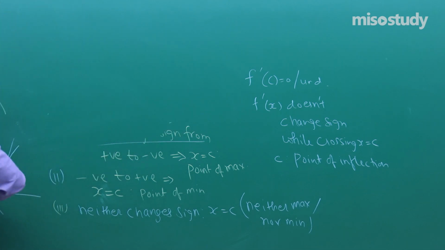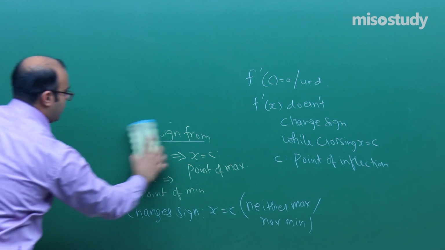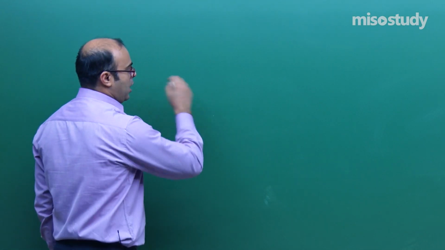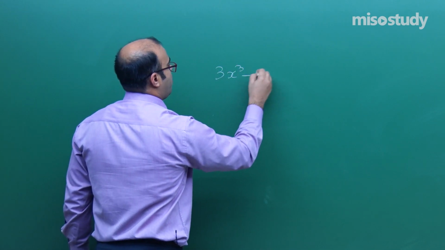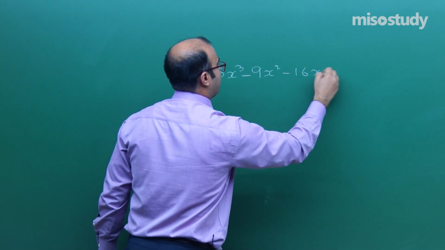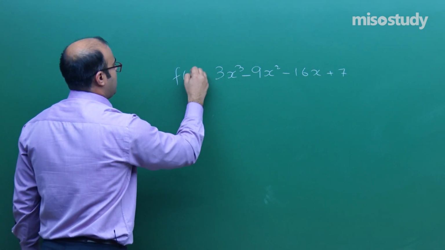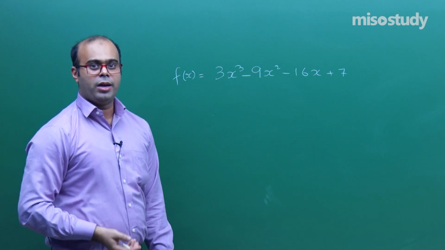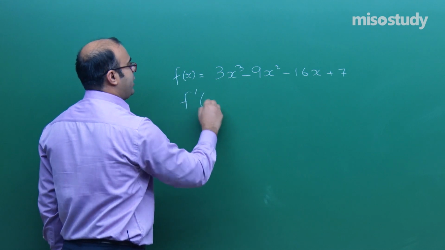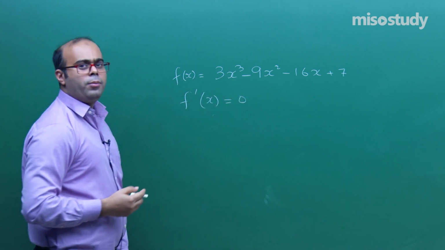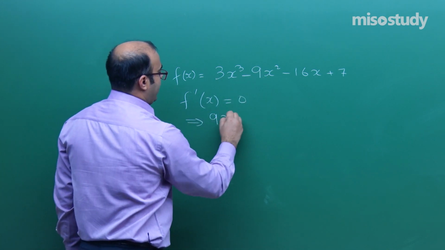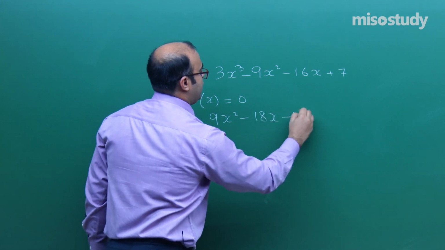So, basically these are the 3 points which is called the first derivative test. You have to remember, while doing a first derivative test, we have to see the change of sign of the first derivative while crossing x is equal to c. So, let us come to the same example which we took earlier, 3x cube minus 9x square minus 16x plus 7, and here it is asked to find the point of maxima or minima if they exist. So, what we did, first we found the critical point by equating it to 0, and it cannot be undefined, it is not possible here because it is a quadratic. So, f dash x came out to be 9x square minus 18x minus 16 equal to 0.